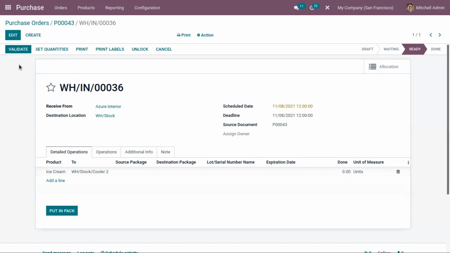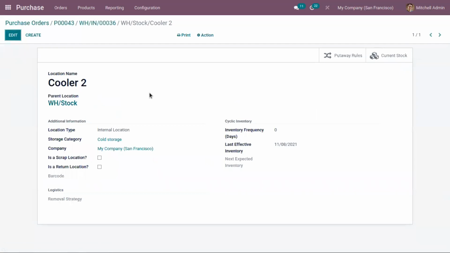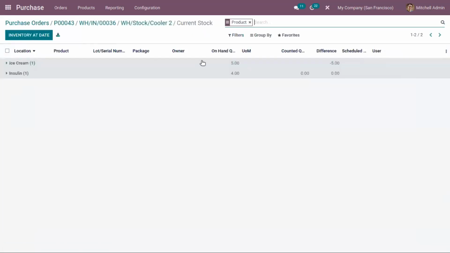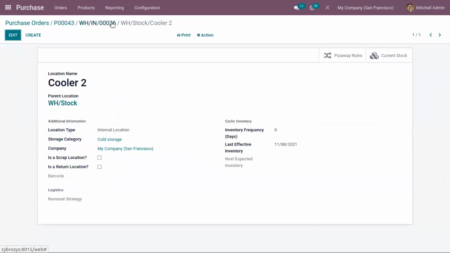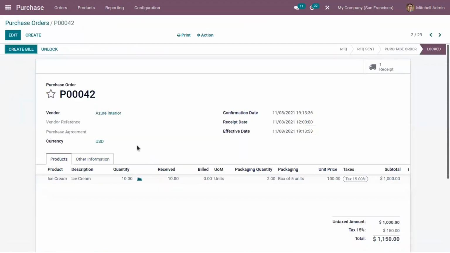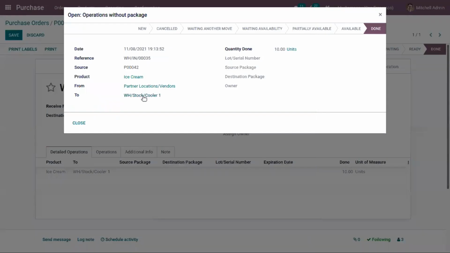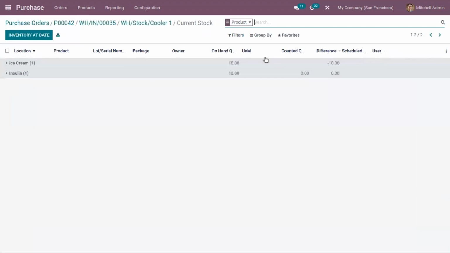So for cooler 1, the limit is exceeded, so it is moved to cooler 2. You can see that for cooler 2. And for cooler 1 also, we can see we have 10 quantities.